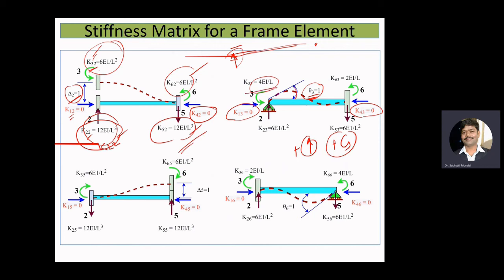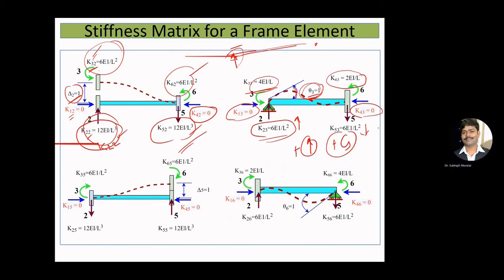Okay. Now, if we apply this amount of moment here, then at the other end, the 2EI by L amount of moment will carry over. Now, if we apply unit rotation here, then you observe that 6EI by L square amount of force will develop in the translational degree of freedom. Okay, if this is upward, then for equilibrium conditions, you should have downward forces here. Okay. Now, similarly, we can obtain